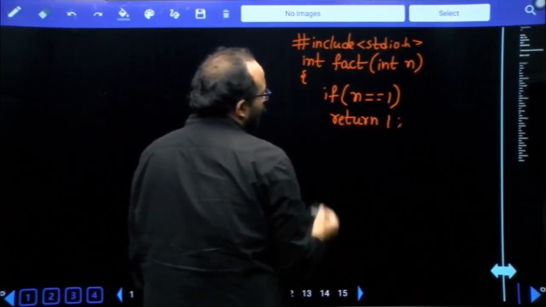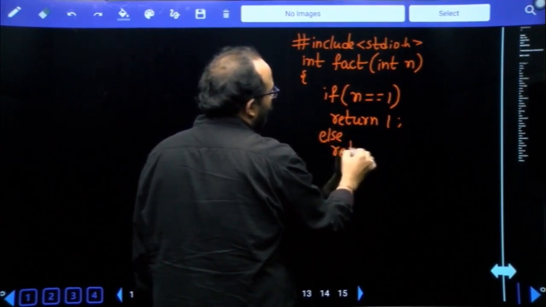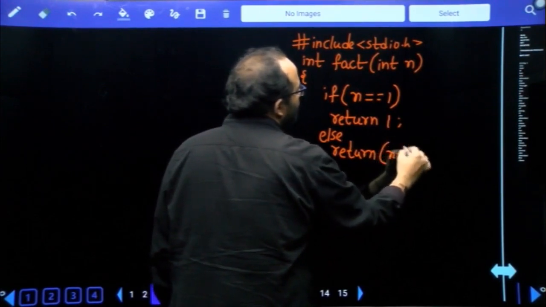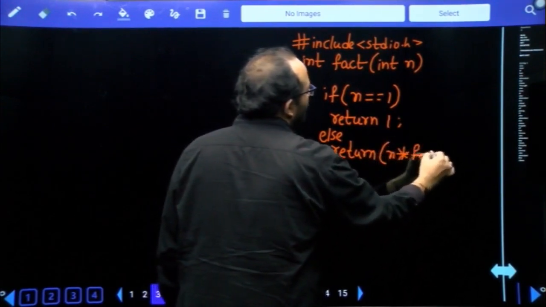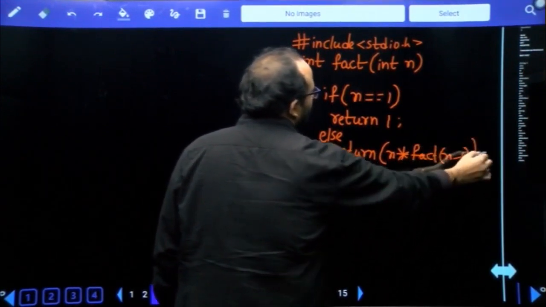Return 1. In the else case, it can return n into fact of n minus 1. n * fact(n - 1). Okay,